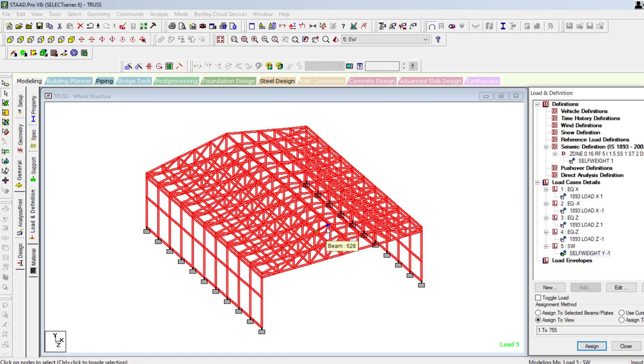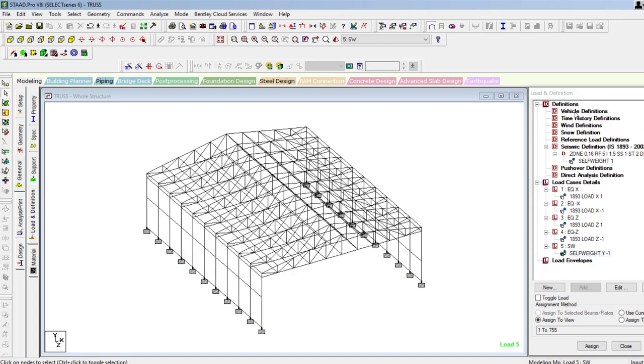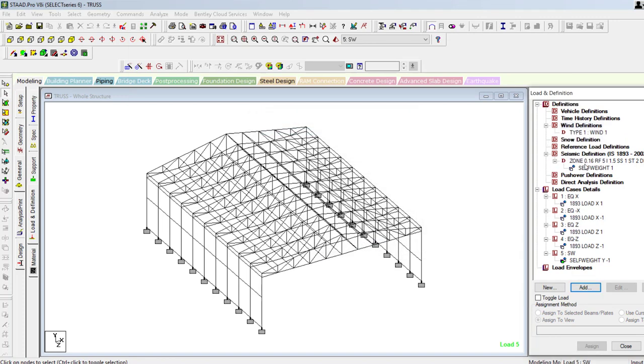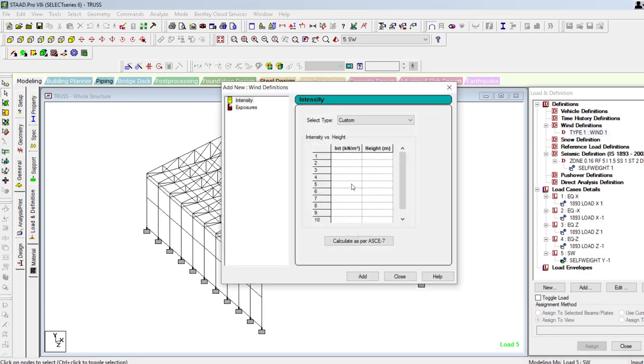Along with this we have to apply the wind intensity also. For that definition, wind definition, add and close. Again click on that add, intensity had given already about 0.554 and the height of the truss is 7 meter.